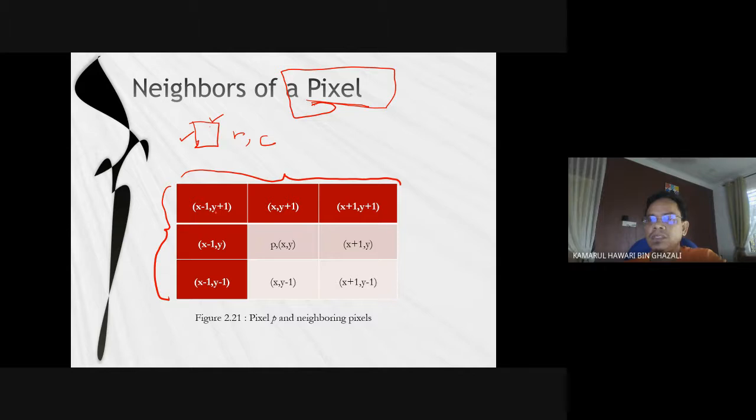This is the zoom, 3 by 3. As I told you last time, the resolution of the image,